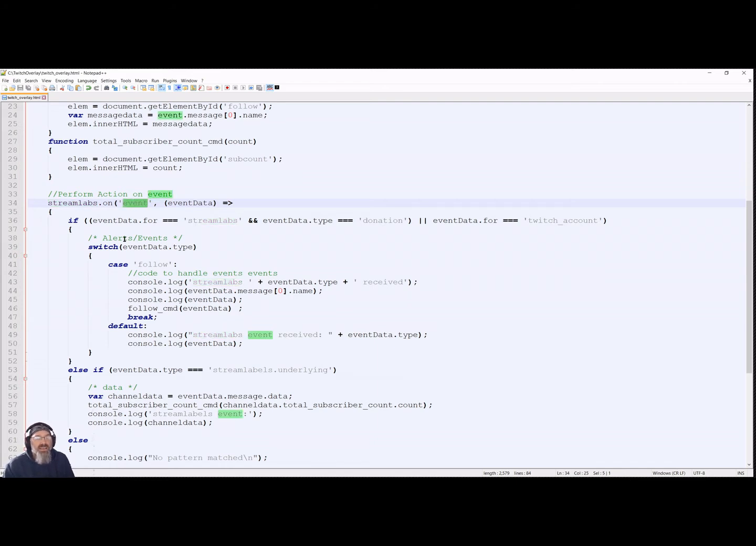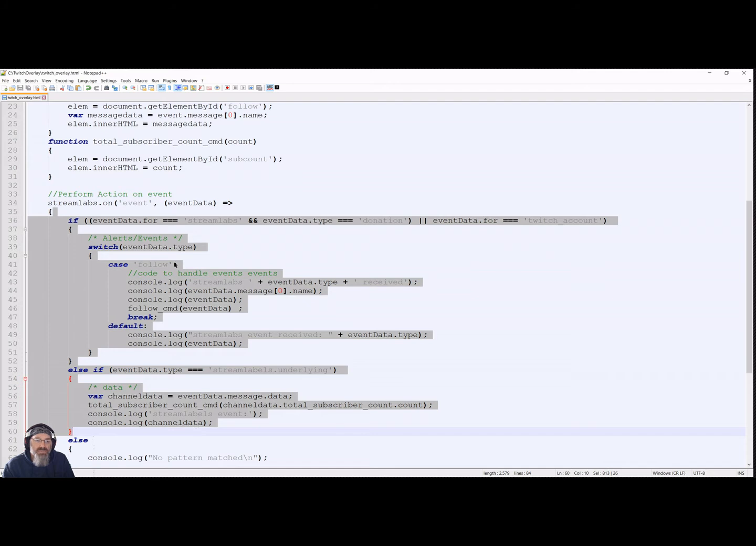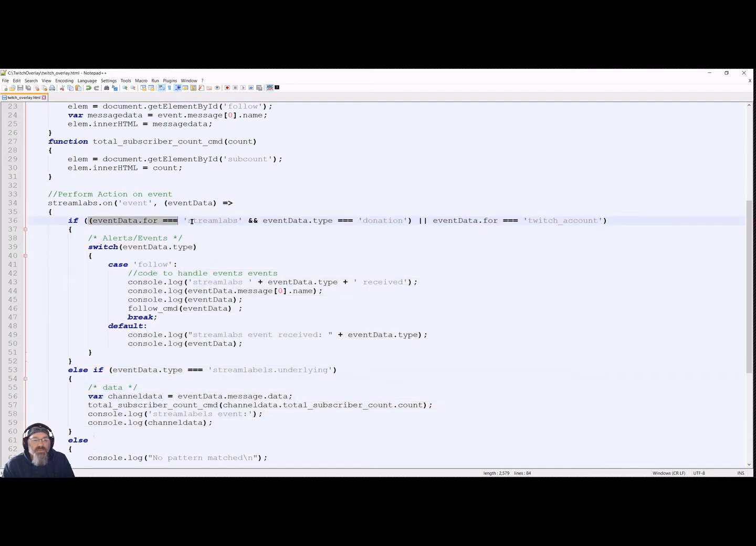When this thing has an event, register to call us. So it calls this bit of code when an event happens. The first event we have is a donation event from Streamlabs. So we say when the event is for Streamlabs and the type is of a donation, we know somebody donated through Streamlabs. This is the thing that doesn't get handled by Twitch